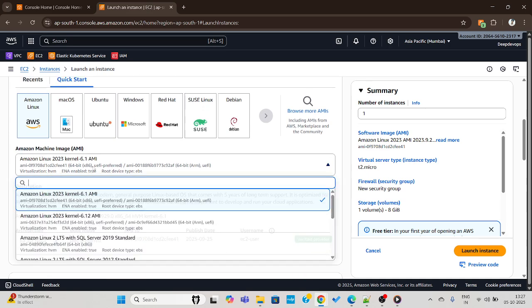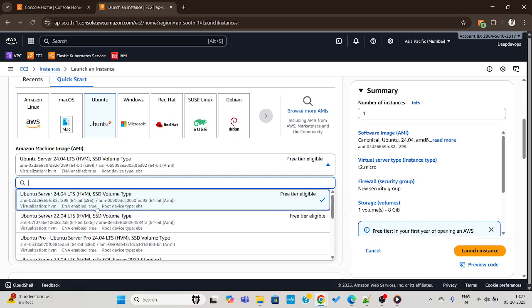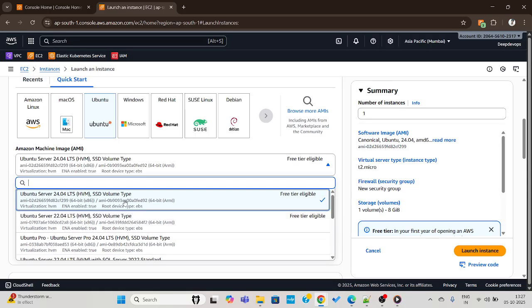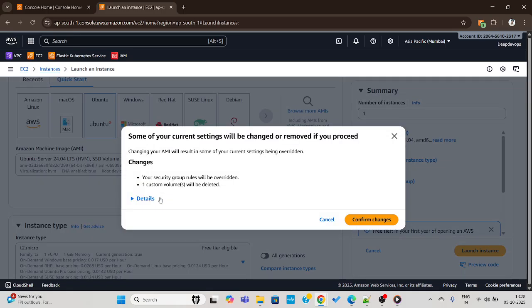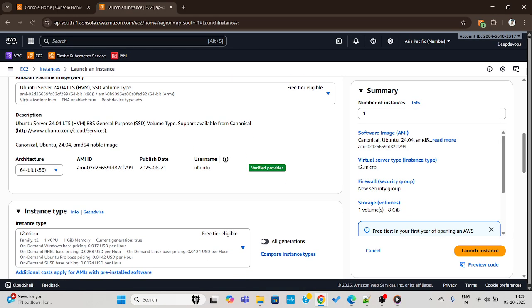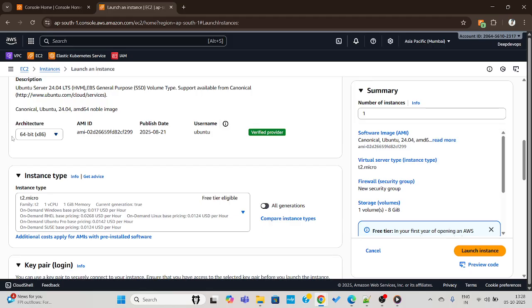Coming back to the AMI, you can see the different versions of the AMI. If you select Ubuntu, you can see the different versions of Ubuntu that are easily available. Depending on the scenario, we can select a different version. As of now, we are just testing it, so we'll go for the latest one, which is free tier eligible. But according to the project or real-time exposure, we need to select the required version. If you go to the description, you can find the Ubuntu version, SSD type, support, and all those things,